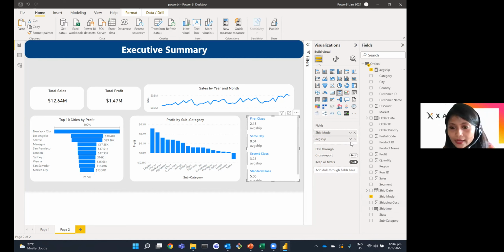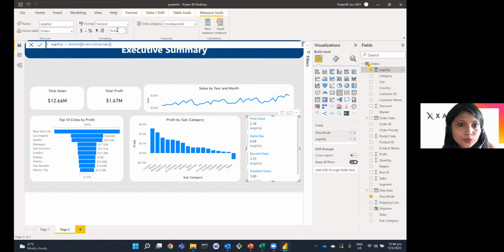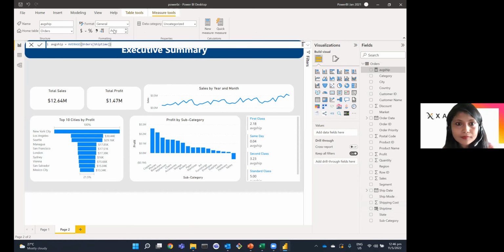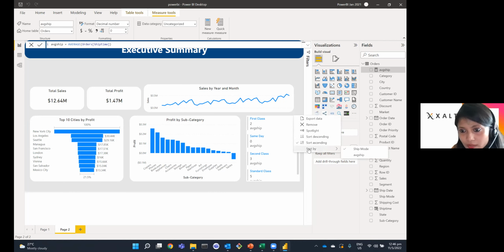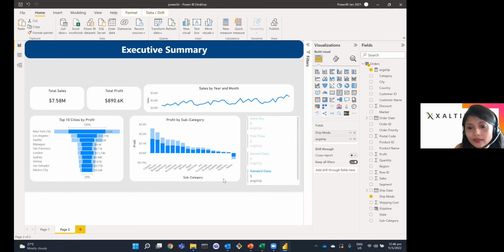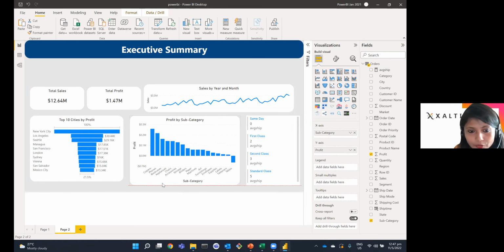I'm going to convert this to 0 decimal places, because it doesn't really make sense to see an average day of 2.18. That takes some time to update. Perfect. And I'm going to sort this. It shows me that same day delivery is actually 0 days. First class is 2 days, second class is 3 days, whereas standard class is 5 days, right? So this is beautiful.